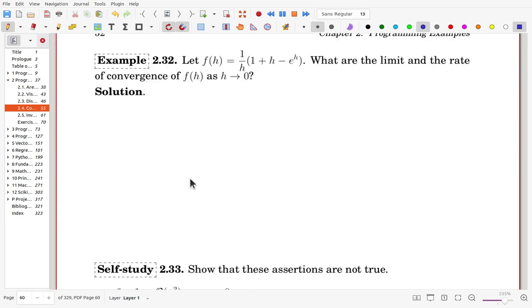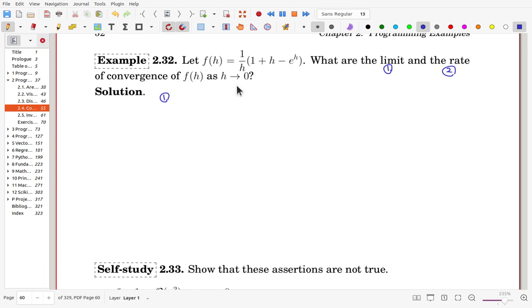f of h is defined in this way. What are the limit and the rate of convergence of f of h? Okay, let's try to find the limit in the beginning, and then we'll try to find the rate of convergence. Okay. Now in part 1,